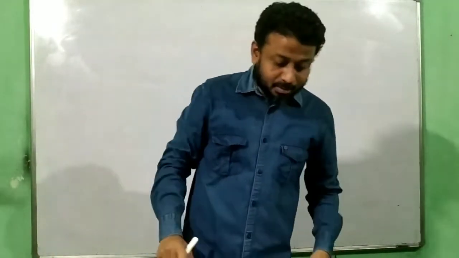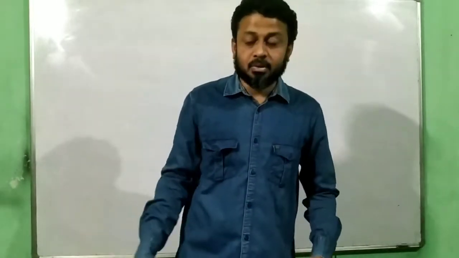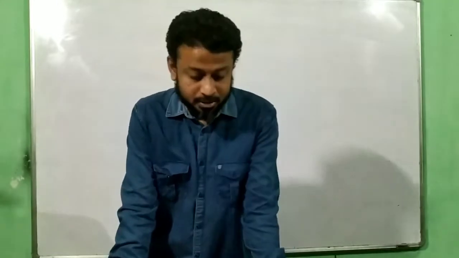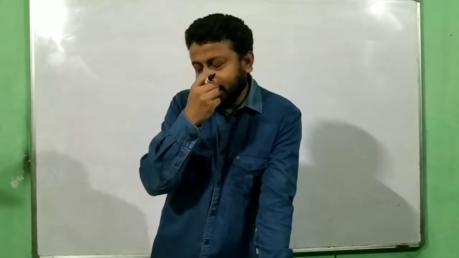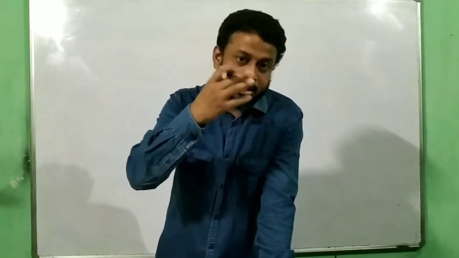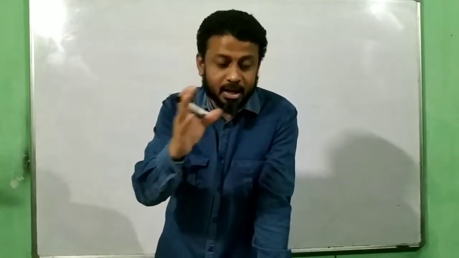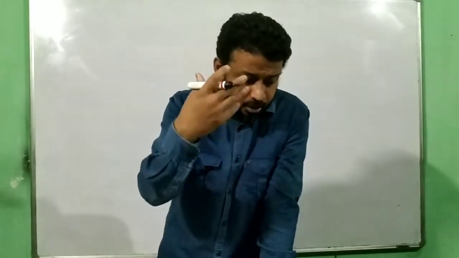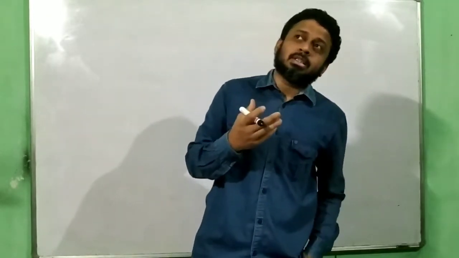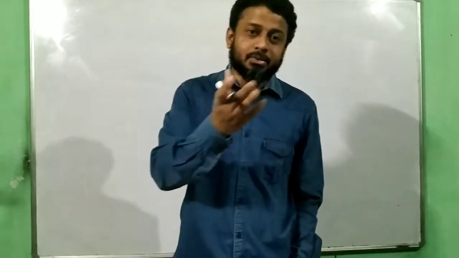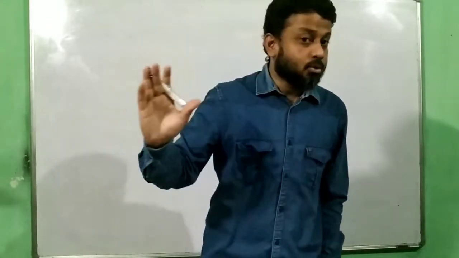I have been asked by many students, sir, what about the equations of motion which are v equal to u plus at and v square minus u square equal to twice of as. See, the importance of s equal to ut plus half at square is very big, correct? Because this equation gives time in a quadratic form, so you always get two roots. So long as one root is positive and one root is negative, that means one time is positive and another time is negative, you have no big issues, correct?